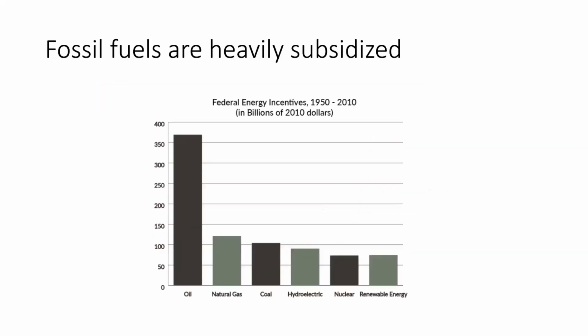One of the reasons fossil fuels are so heavily used is because, one, they're very easy to just burn, whereas with the other alternatives, we have to develop and improve that method so that we can actually use it as a viable energy source. But also the United States government provides a whole bunch of money to these industries, and that's why we see the fossil fuel industries being so powerful. They have a ton of money, and part of that is coming from this federally subsidized energy program.